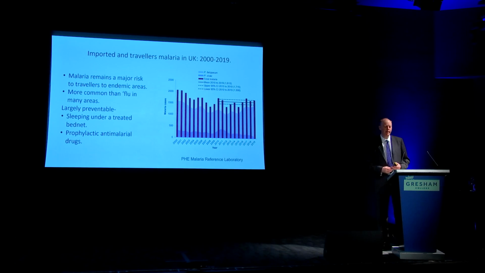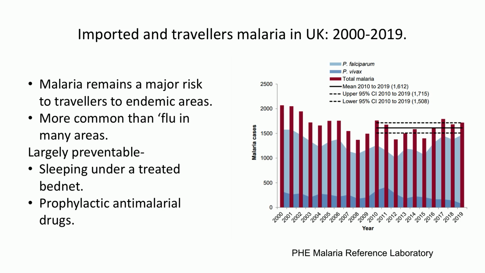Now, we don't have malaria endemic in the UK at the moment, although there are mosquitoes that, in theory, can pass it on. There are certainly a lot that can pass it on in southern Europe. But we do sometimes have malaria cases in the UK. And I just want to make this point because many of you may travel to places where malaria is common. Malaria remains a very significant risk to travellers if they go to endemic areas. And I think the thing which people underestimate when they say, oh, I don't really need drugs, is that this is a potentially fatal disease which the average person may get